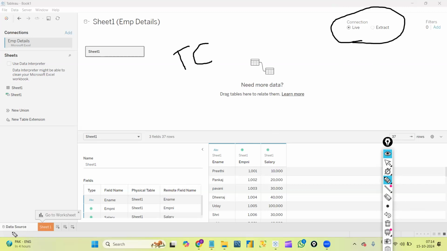Every time we connect to the data at the data source level, towards the top right we can see the connections. By default, every time we will be on the live connection. The connection is of two types: one is live connection and the other one is extract connection. By default we will be on the live connection, and in which scenarios we will use extract connection, we will learn going forward in the Tableau connections class. Okay,